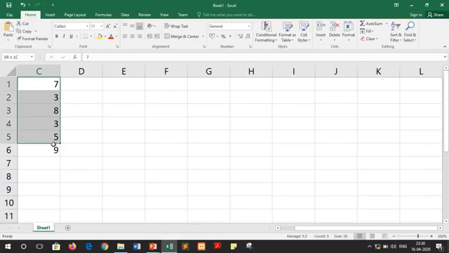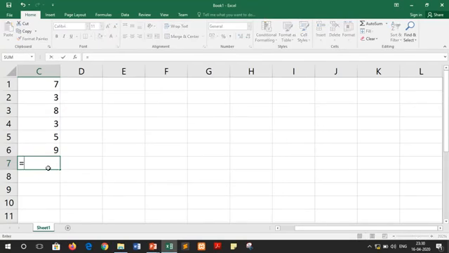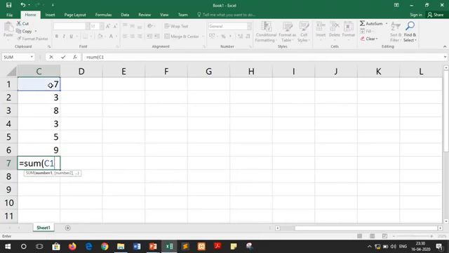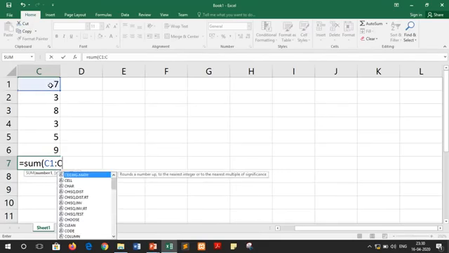Suppose we have these few numbers that we have to add. Now for adding these numbers, we can write a very simple function like this. We can write equals to sum, and in brackets we have to pass this cell range. For writing the cell range we have to write C1 colon C6.